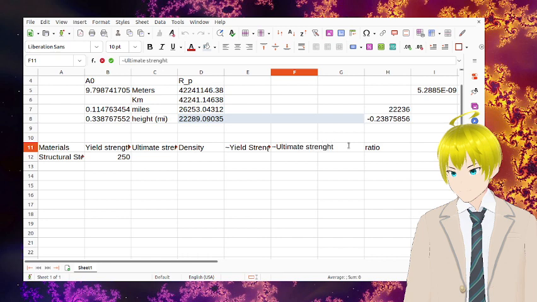Ultimate strength, and this will be density. Okay, so this equals this times